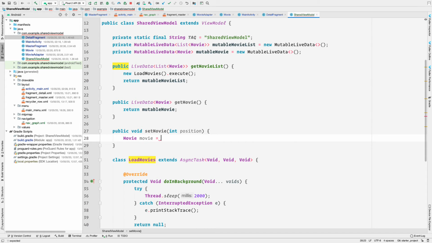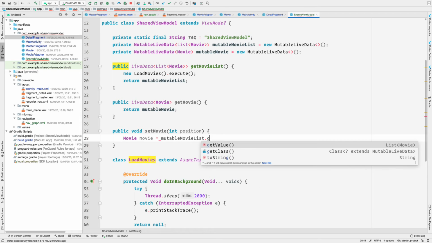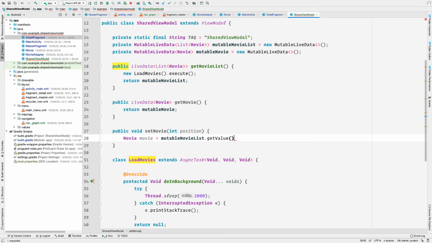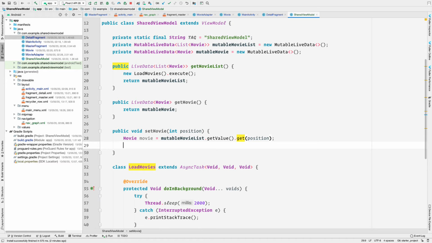So movie equals mutableMovieList.getValue, because getValue returns us a list of movies, and then we'll get the movie at the position which is passed here as an argument. And then I'll simply call mutableMovie.setValue, and here we'll simply say movie like this. And I'm using setValue here because I'm calling it from the main UI thread and not from the background thread. So now this is the method here, that is setMovie.